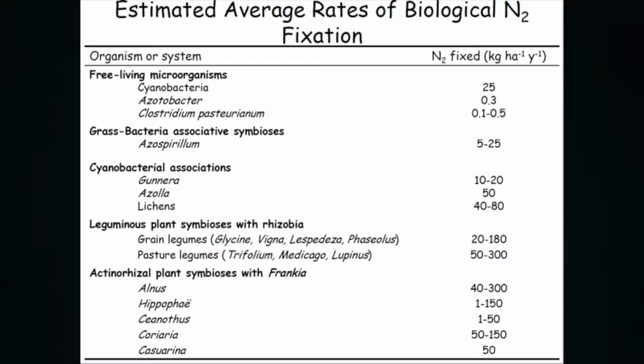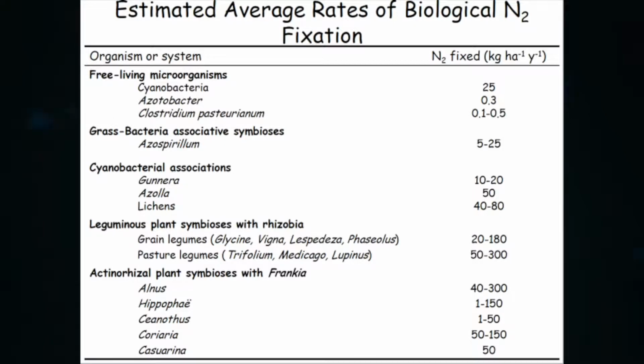We look at cyanobacteria. On average, we see about 25 kilograms per hectare. That's about the same as pounds per acre. Azotobacter is 0.3, which is very little. So if you're using these inoculants for your soil, don't expect magnificent results. Clostridium pasteurianum is another one. That's about 0.1 to 0.5 kilograms per hectare. That's also not a lot. Aspergillus is about 5 to 25. The one that